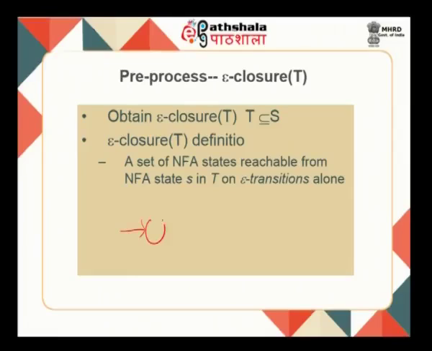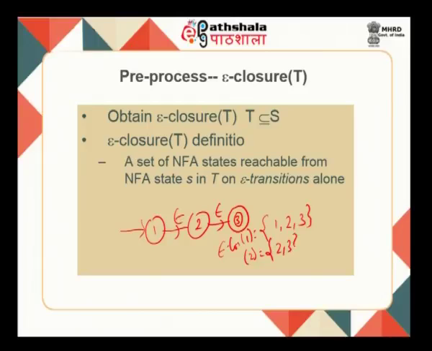For example, if I have something like this, state 1 with an epsilon transition, and then another epsilon, and if I call these state 2 and state 3, then epsilon closure of 1 is going to be 1, 2, 3. That is, I could go to 2 on epsilon, and I could also go to 3 from 1 on epsilon. So, I can call this 1, 2, 3. That is your epsilon closure of 1. What is the epsilon closure of 2? That is going to be 2, 3, because it includes the current state along with the state that is reachable on epsilon only. What will the epsilon closure of 3 be?